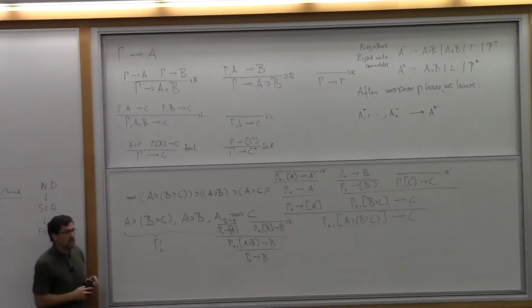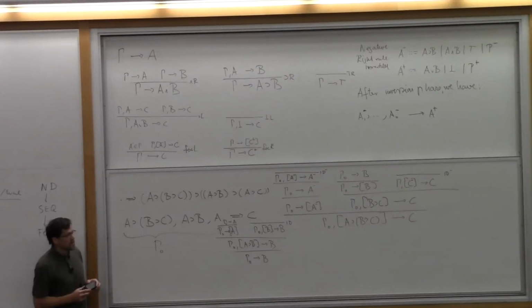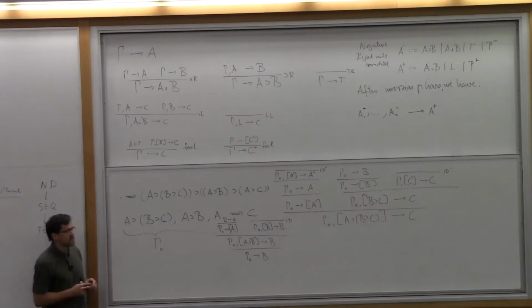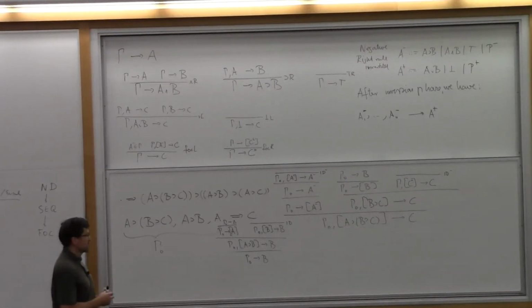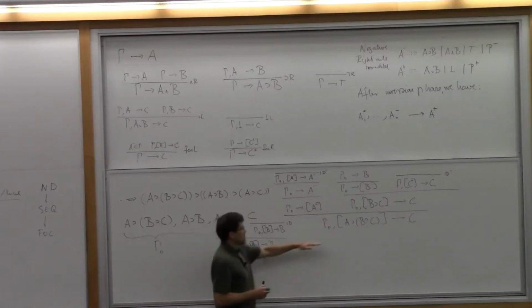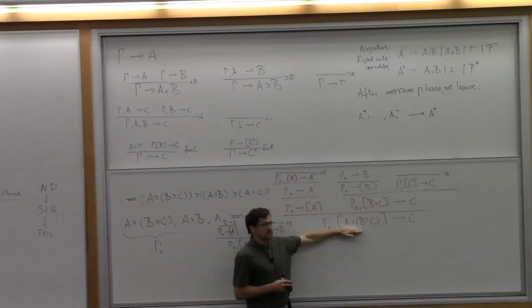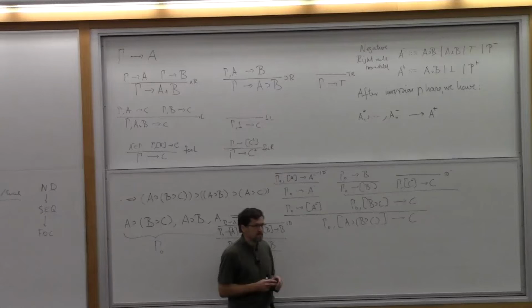Focusing brackets are part of the judgment. They are not part of the formulas, I suppose. Right, so you can only have one formula in focus at the same time. Exactly. It's a very important distinction that in any sequent that you write down, there can be only one formula in focus. So you have like three judgments, namely non-focus, one focus on the left and one focus on the right.